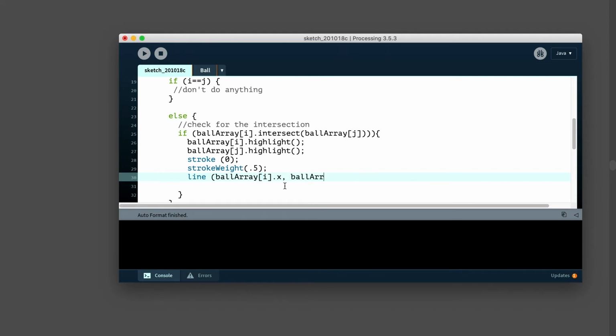And then how do you get the y value? We'll do that dot y. So this is really powerful to be able to have these objects running separately, and then being able to pull the data and connect the data can really open up a lot of possibilities. Okay, so we have that set up. So this is just drawing a line in between those.